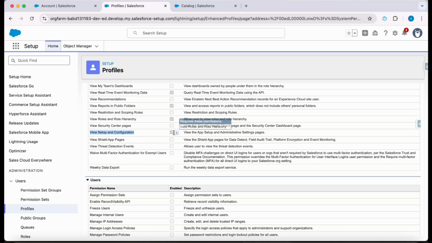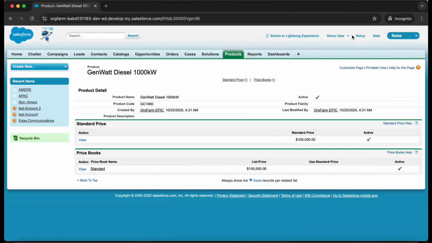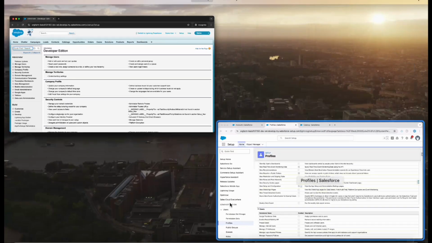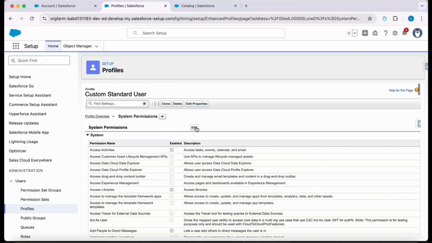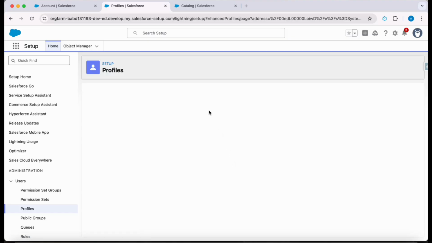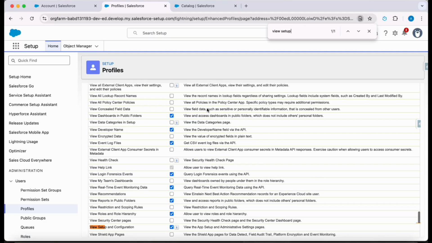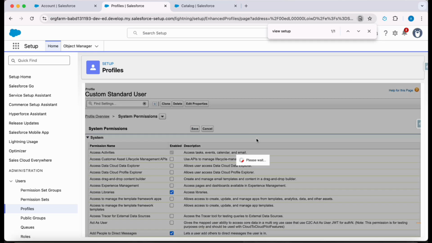So when you enable this permission, the user would be able to see the setup menu. So here when I go to this, I can see the setup tab, right? And I can quick find and I can navigate further. But if I take away this permission, so let's do that for our profile of the demo user. I'm going to take away view setup and configuration. Okay, when I take away this permission,